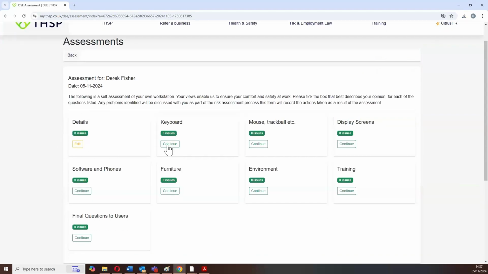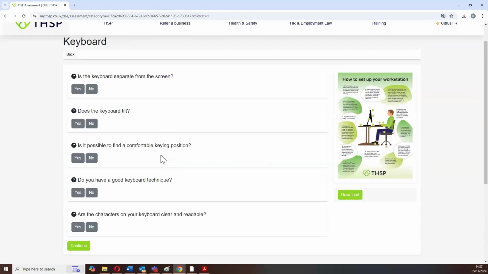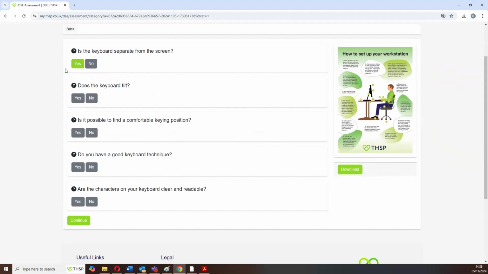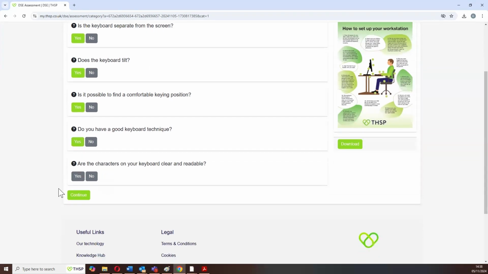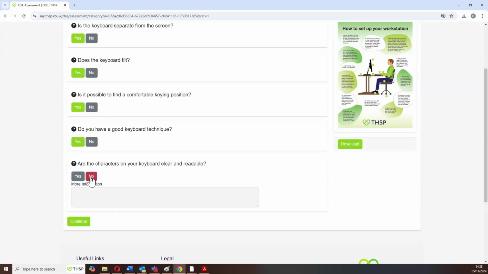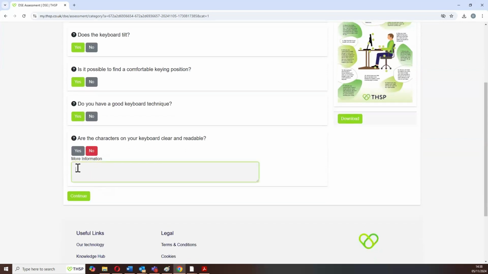So I've finished my details page. I'll now go onto the keyboard, and it will pose various questions to do with the keyboard. And again, you've got the option to download the actual sheet here, which will give more detail. So we'll answer these questions. Is it separate from the screen? Not always the case if you're working from a laptop, but you can always have a separate keyboard along. So if there's tilt, if I'm comfortable with what I'm doing, there's a good keyboard technique, and are they readable, reliable? If I say no, for example, here, I can then say keys